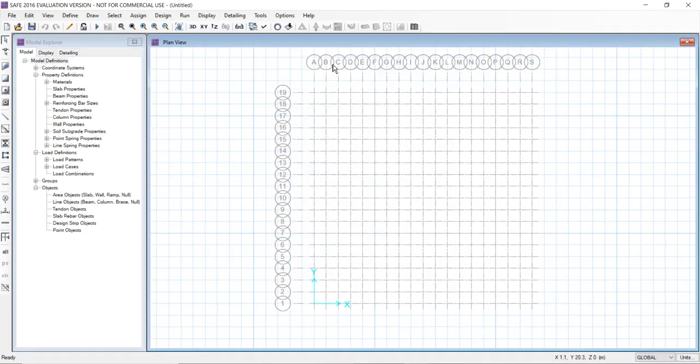Here the grid has been shown. Now we will define the material properties.